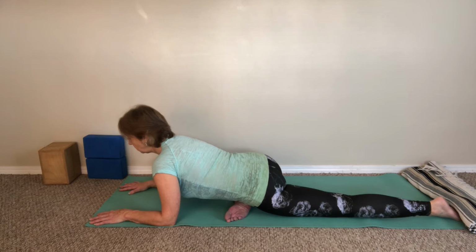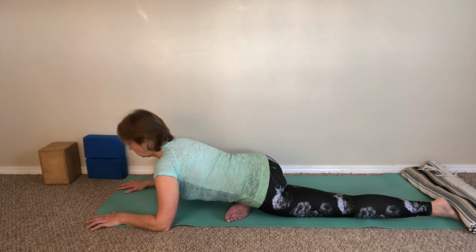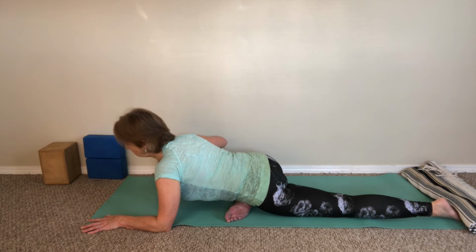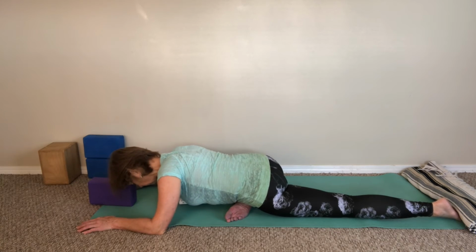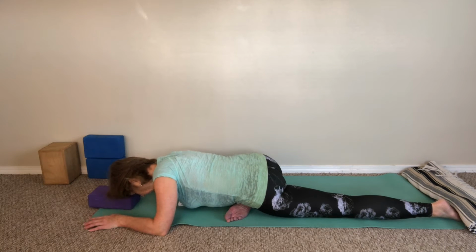You're not rounding the back body here, and then come down even further if you can. Perhaps the forearms are a bit wider here. Perhaps you bring a block underneath your forehead. Perhaps you can come down a little bit more, but just emphasize the lengthening of the spine,